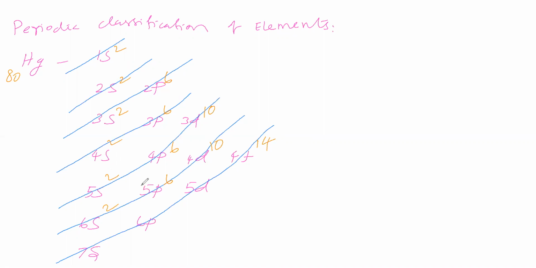Now how many electrons will we count? Here 10, here 10, 20, it is 30, it is 40, 50, 56, 60, 70. So remaining 10 electrons are there. 10 electrons go to 5d. So the last electron goes to 5d. Therefore it is a d block element. Okay, it is a d block element, we said.